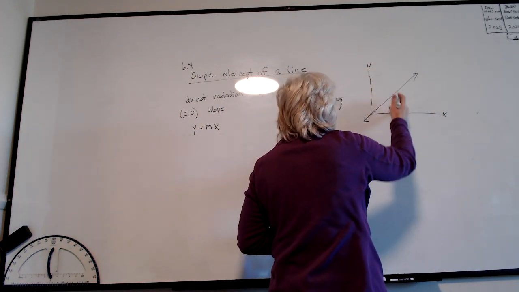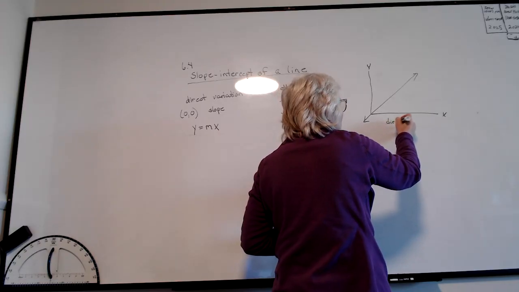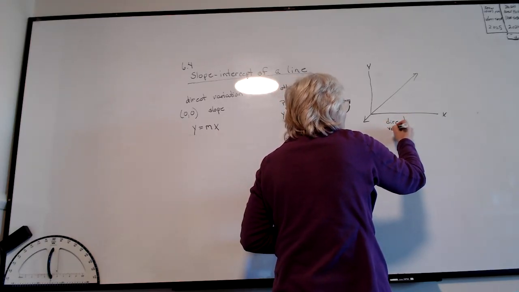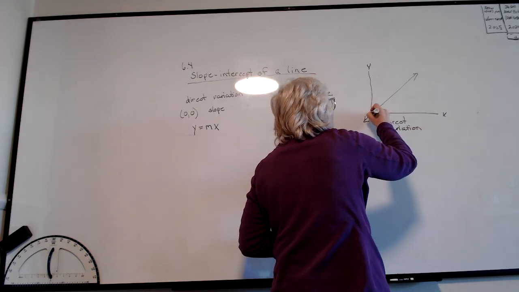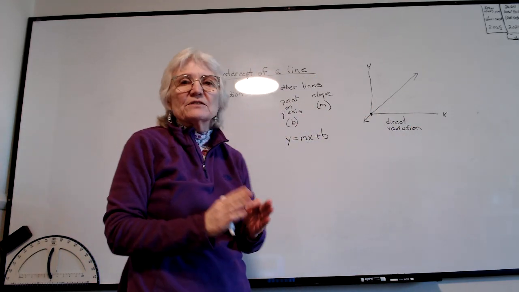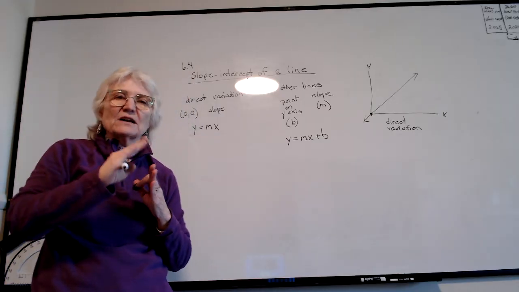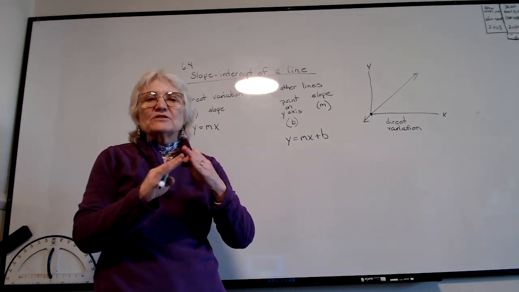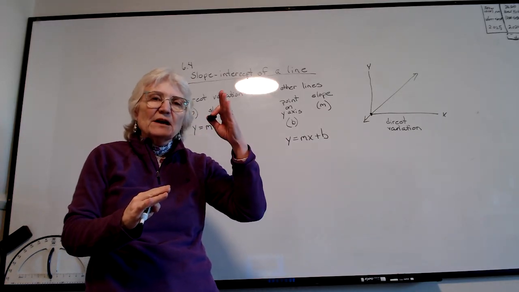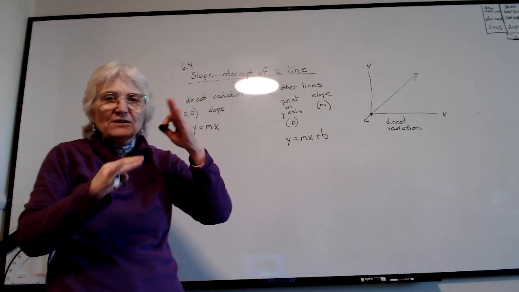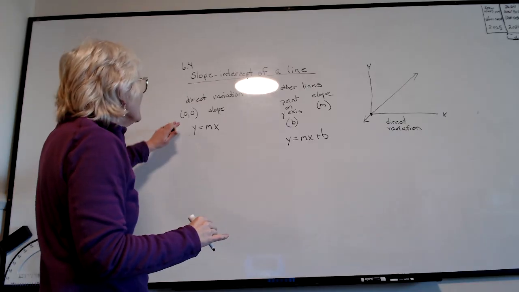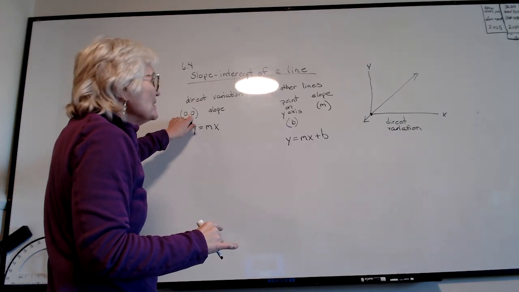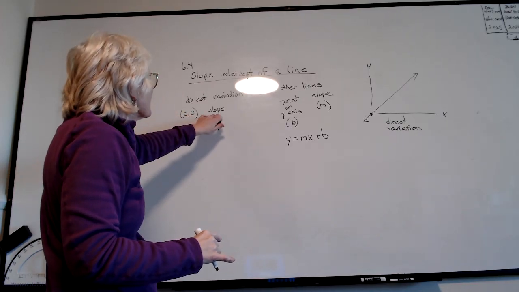One type of graph is called a direct variation, when it goes through the point 0, 0. As it changes, it's going up or down depending on what you're doing there. But in a direct variation, it does go through the point 0, 0, and it only